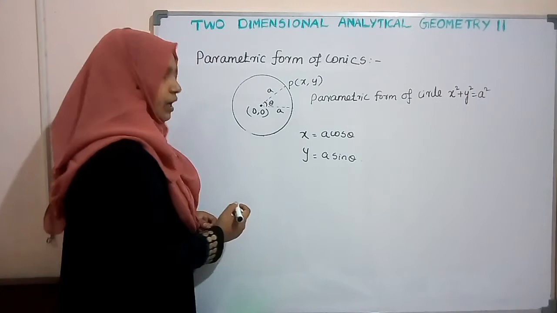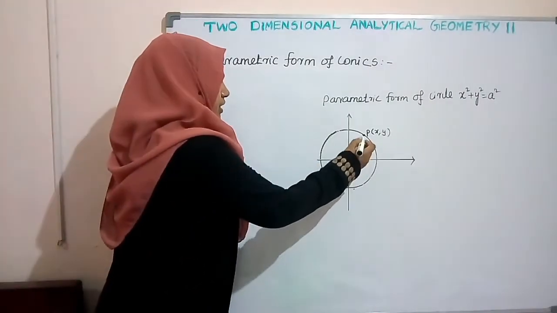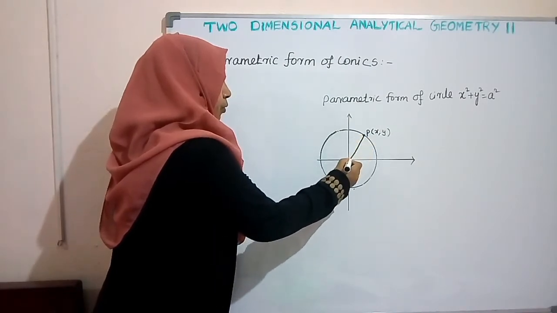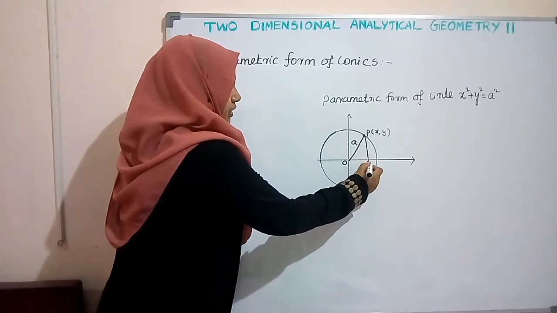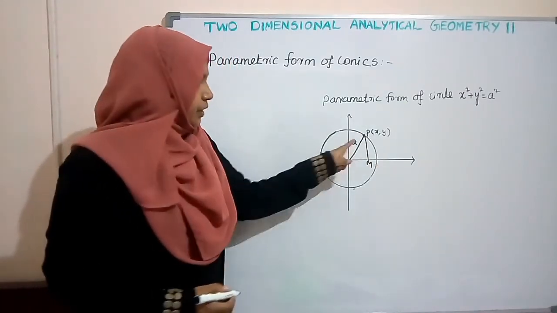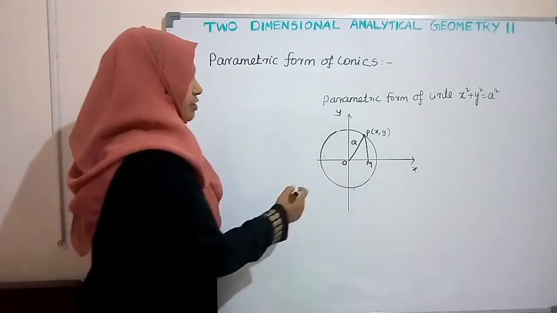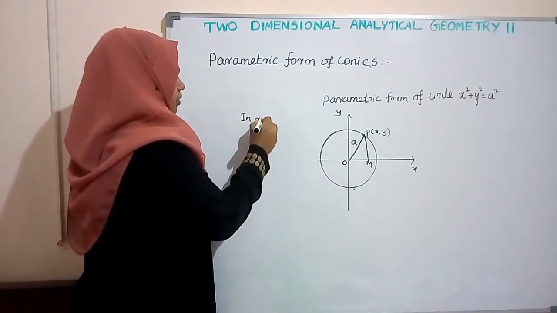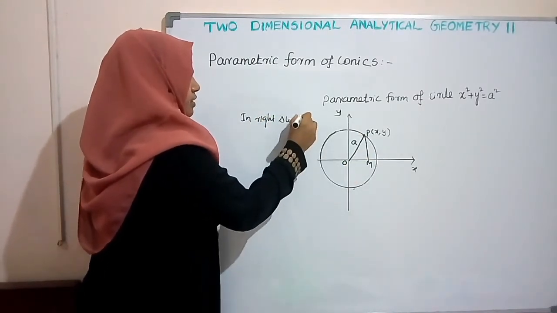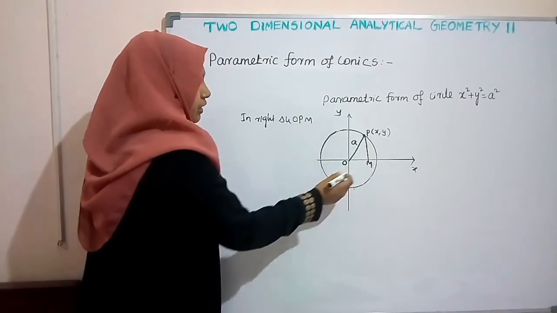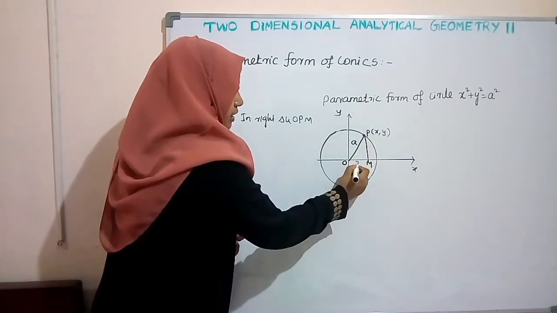Understood? See how we are getting this? Consider this circle with center at origin, and here I am drawing this OP as a radius, and consider another perpendicular line, PM. So PM is perpendicular to the x axis. Now in this right triangle, we have OPM, that is the name of the triangle. In this triangle, if you mark the point P as x comma y, then x is this length.